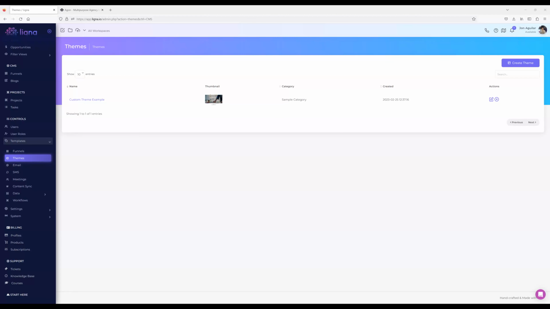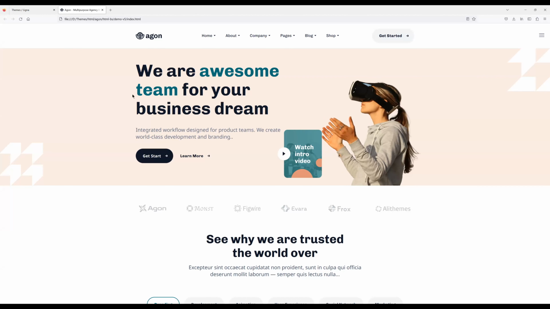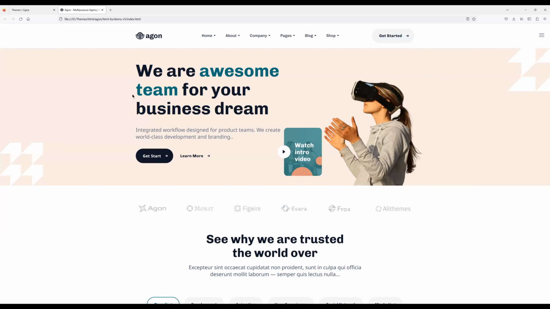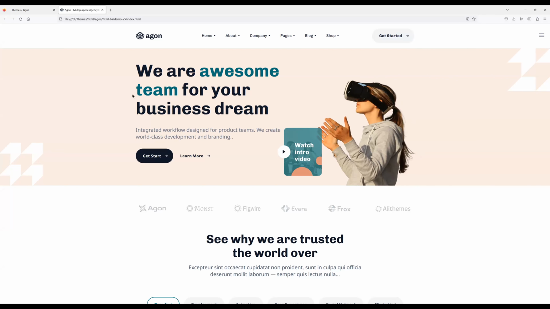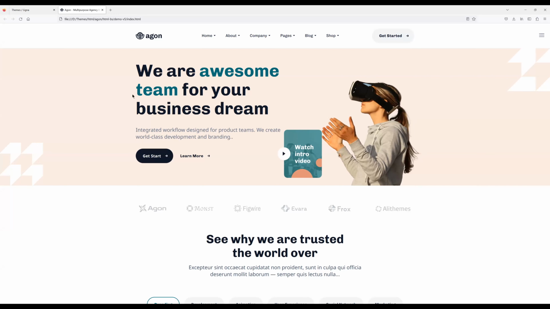Okay, so this is the theme I went out on ThemeForest. Now, one of the things that I look for on ThemeForest, again, I just love Bootstrap. There's Tailwind, there's all sorts of different frameworks. What you're not going to want... So one of the things about this theme itself,